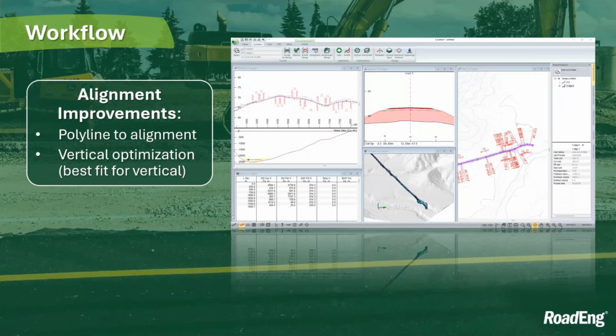And as you're going to see in the example that Matt's going to start running here in a moment, this example actually requires a fair bit of realignment, particularly in the first kilometer or so, as it's really sort of outside of its road class specifications. So we're going to look at using those tools, figuring out some adjustments to the alignment,